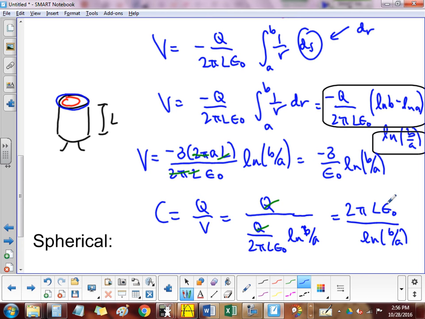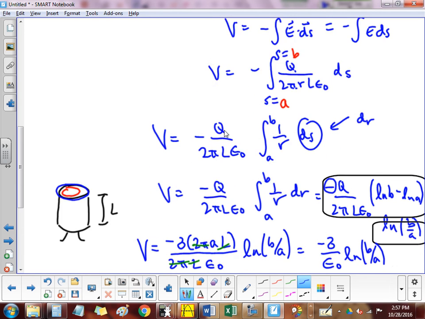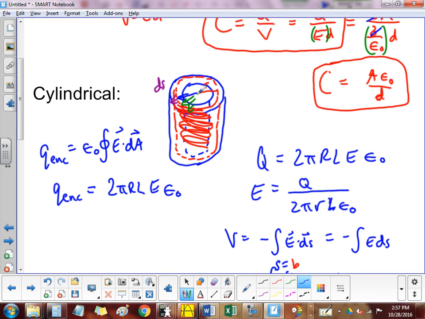Okay, so Mr. Shore has a negative that's kind of floating around here in his potential function, and that showed up in my C. We cannot have a negative capacitance, so I just need to double check my work. Let's see here. I think it's the direction I integrated, so anyway, I integrated from the inside to the outside, and technically the ds then is the same as dr, I said, and